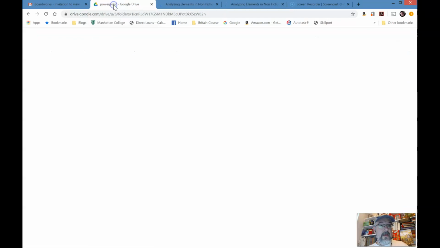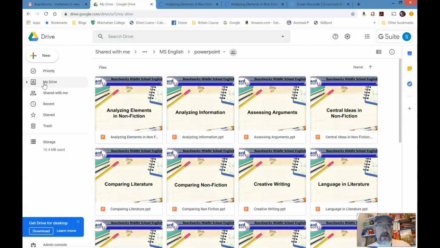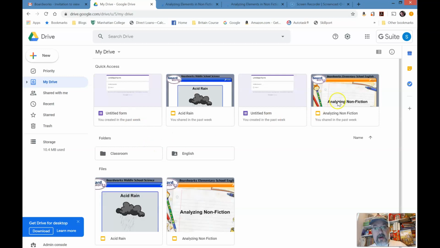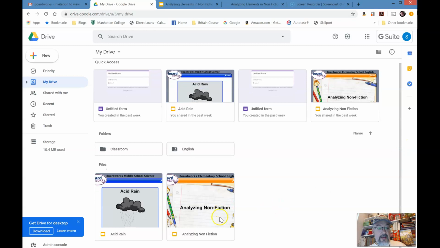When you go back to your Google Drive, at the speed of my computer, you should have right here Analyzing Nonfiction in your files as a slide. Now this is yours to do with whatever you'd like. Why is that important? Because once you've saved it,